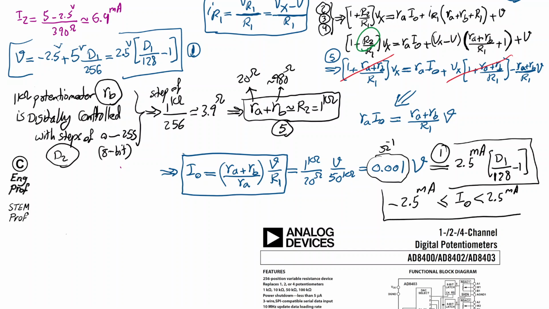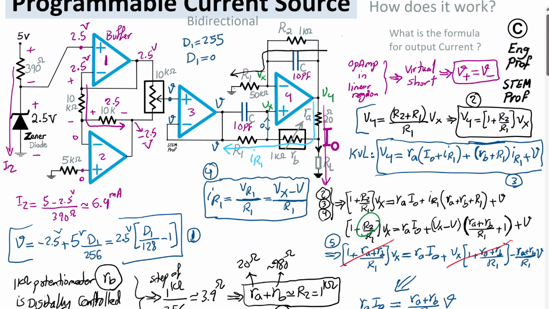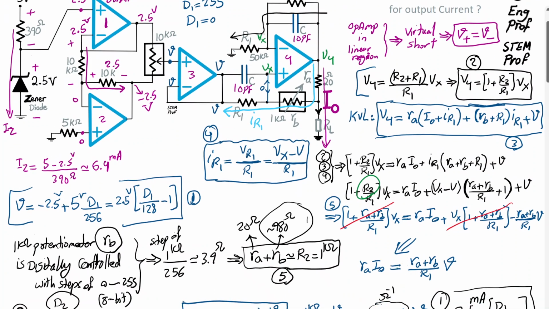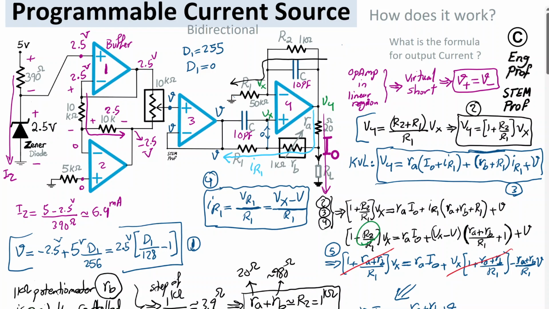using the 256-step code word for this potentiometer, and the second code word D2 is only for this RB to be set as accurately as possible to 980 or whatever is needed, so that the sum of RA and RB is as close as possible to 1 kilo ohm. So basically satisfying equation 5 is achieved by the D2 control word for the 1 kilo ohm potentiometer. I hope that this example is helpful to show how we can design a programmable bidirectional current source